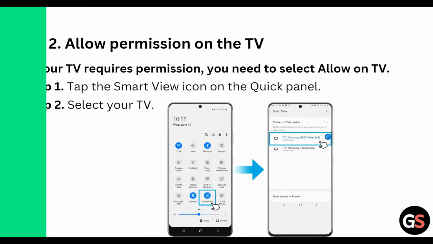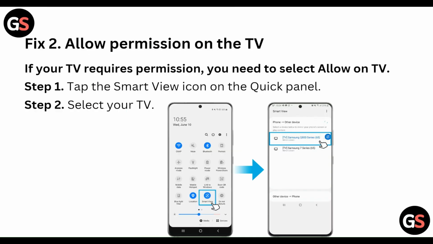Okay, then allow permission on the TV. If your TV requires permission, you need to select allow on the TV. How to do this? Tap on the Smart View icon on the quick panel, select your TV. Okay,